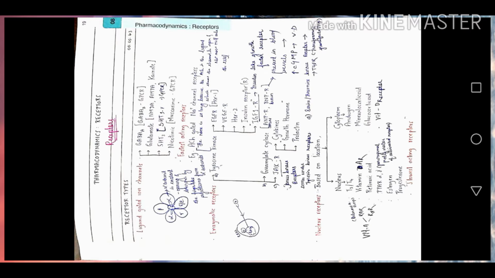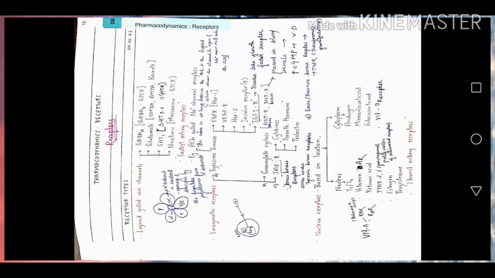And as we know, in the parasympathetic system we find the muscarinic receptor and nicotinic receptor. So the muscarinic receptor is the GPCR receptor type. So ligand gated includes only the nicotinic type. You have to remember that ligand gated ion channels are the fastest acting receptors. How? I will explain you now.